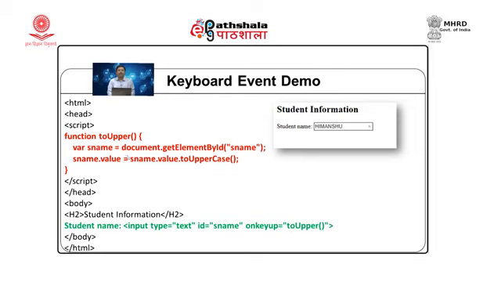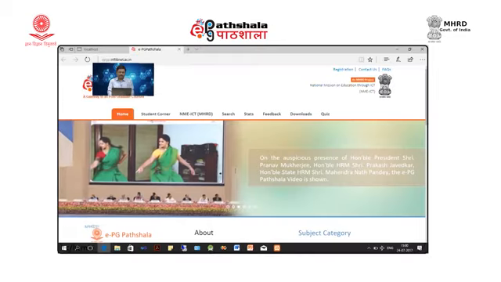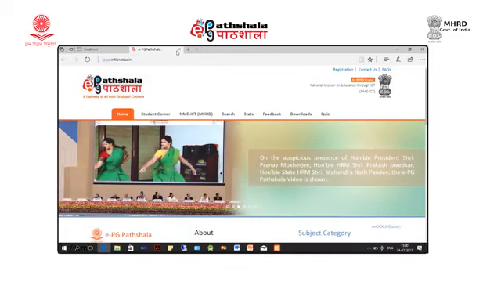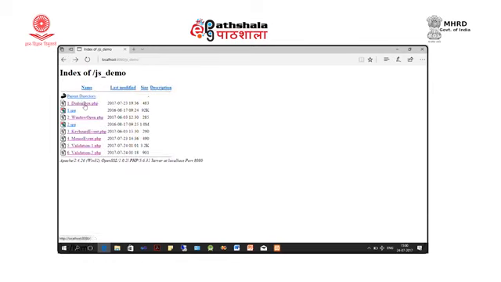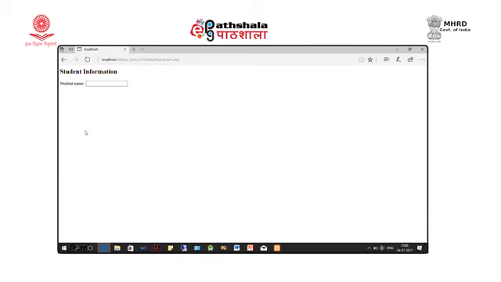Now, what we write inside toUpper is we get this element by its ID, which is sname. So, we write document.getElementById sname, and then we convert the sname value into uppercase. Now, how this works we will see in the browser. So, here is my interface, my caps lock is off.